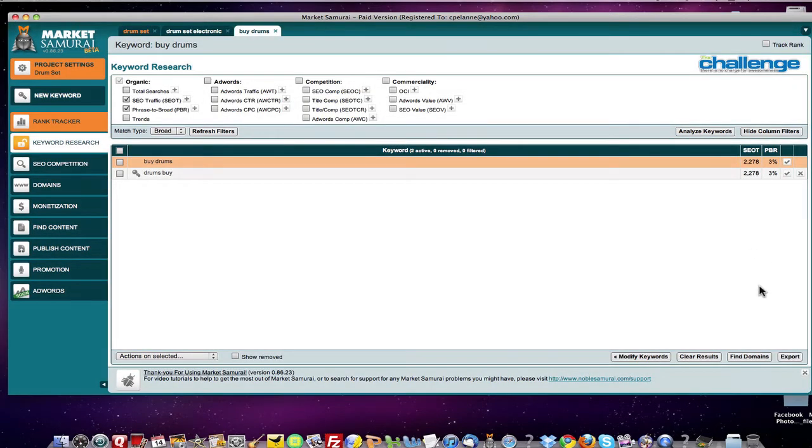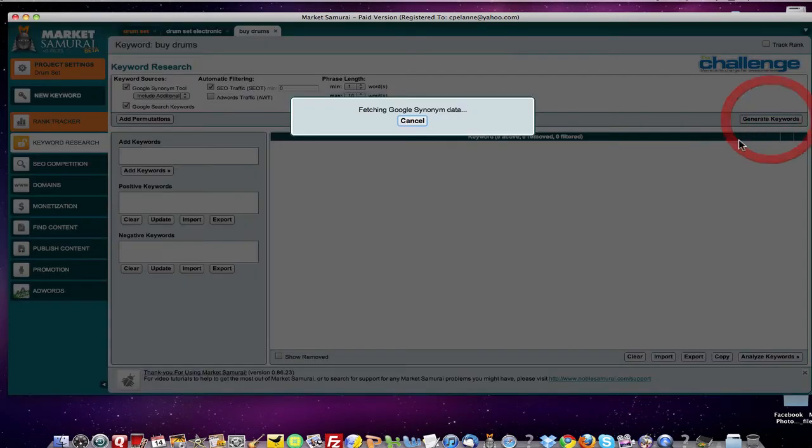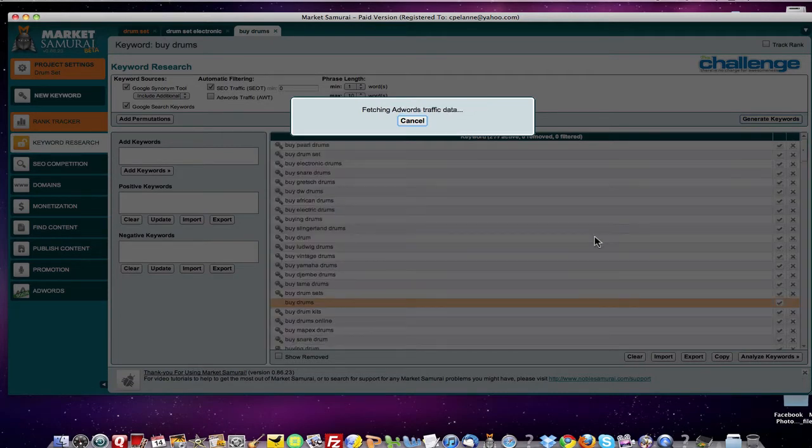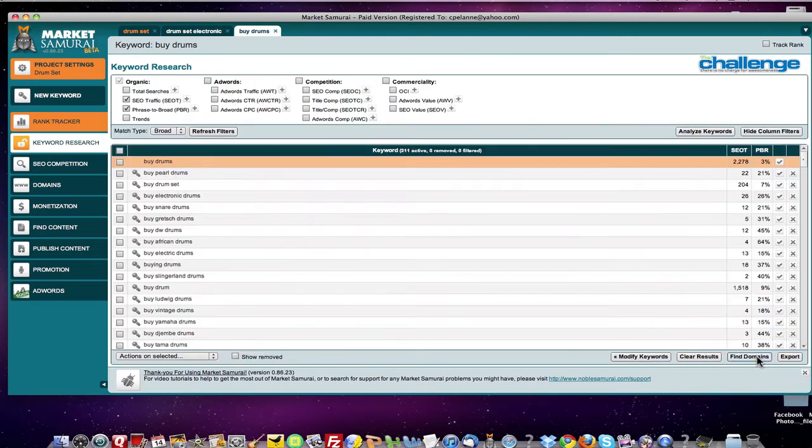What did I do here? We want to modify. We want to come back in and generate keywords. That's what we want to do. You got to click the right button. And now we've generated a whole pile of keywords based on this buy drums seed, and we want to analyze here, bring back the SEOT and PBR. And let's see if we find something